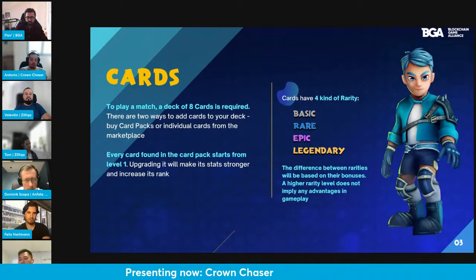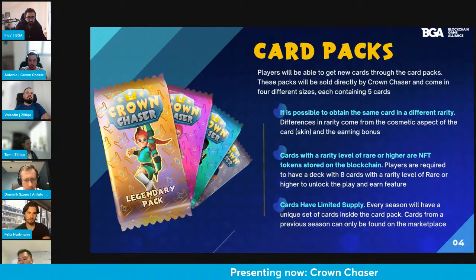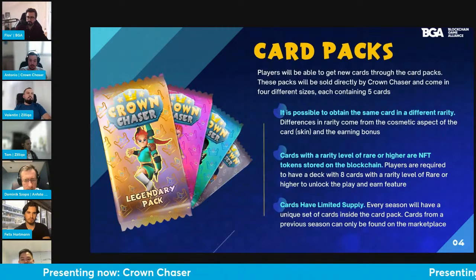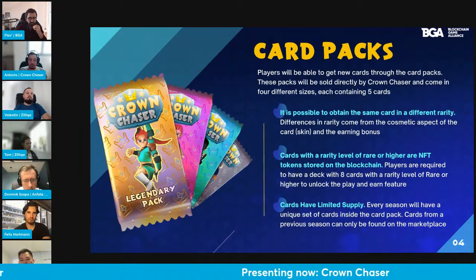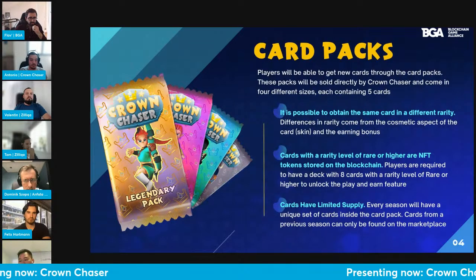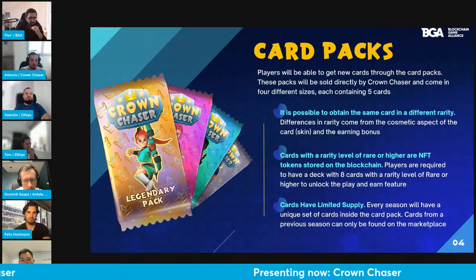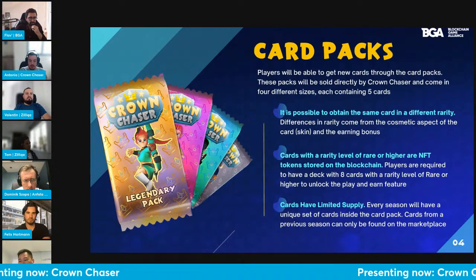In order to get cards, there are two options: one from the marketplace, or players can buy card packs. Card packs come in 4 different sizes, and each contains 5 cards. It's possible to obtain the same card in different rarities. As an example, here we can see the Archer, and every character, every NFT, is available in all 4 kinds of rarity. Cards with a rarity level of rare and higher are NFTs stored in the blockchain, and cards